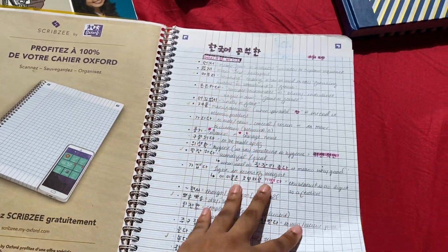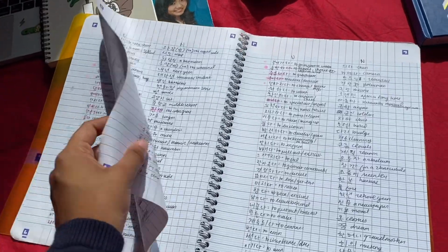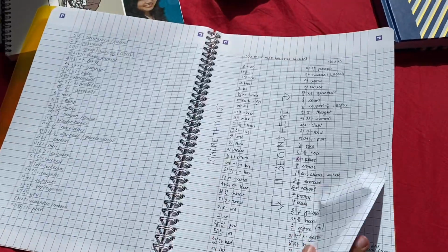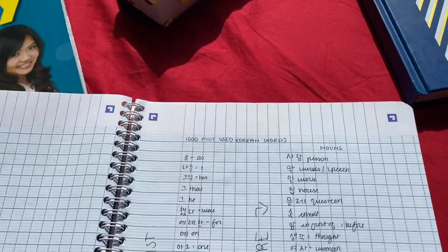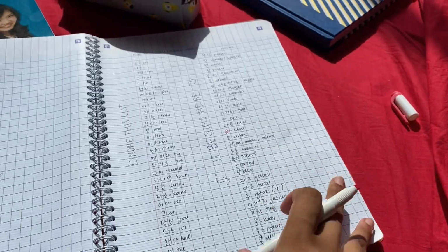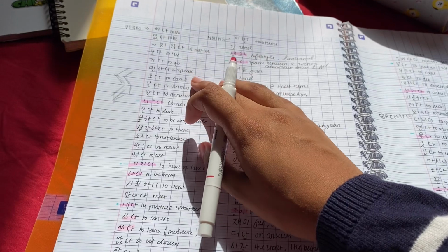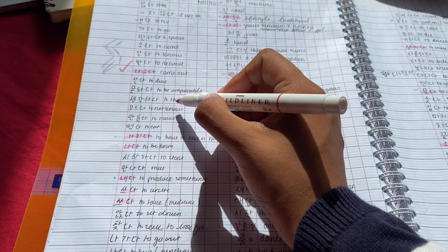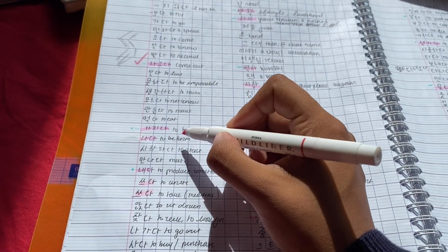Next I have my journal that I bought like 2 years ago. Basically what I've been doing is I have been writing down the most common verbs and nouns. And so often what I would do is I would just go through it and I would highlight the things that I didn't know. So now going through it about a year or two later, what I'm doing is I'm highlighting the things that I still don't know and things that I do know. So if I put a check mark, that means I know it. And if I put a straight line, it's like I recognize it, but I've never really recalled it in a